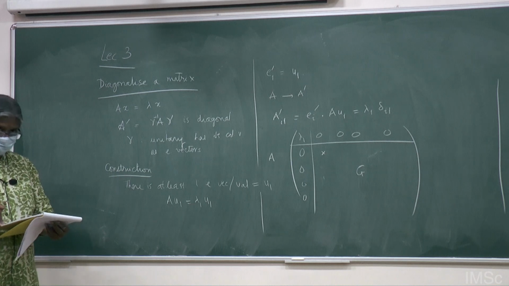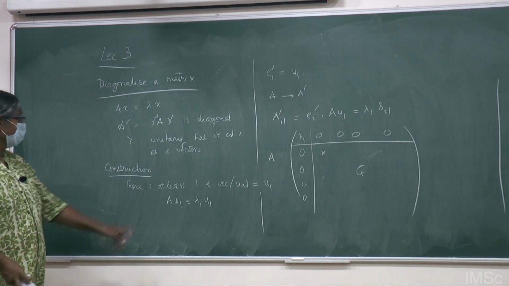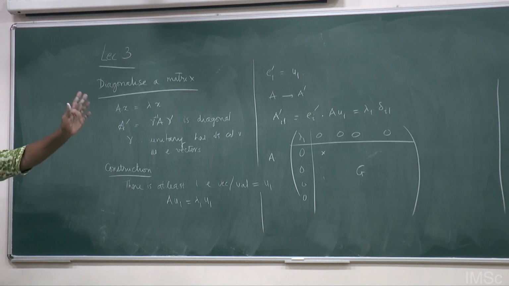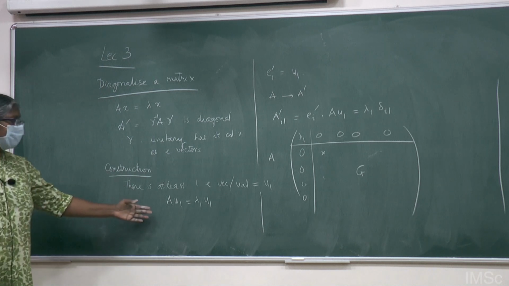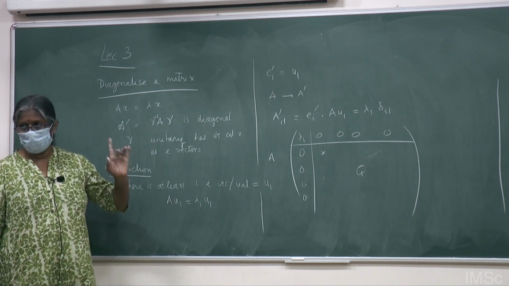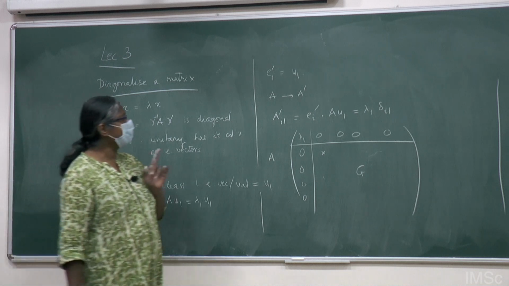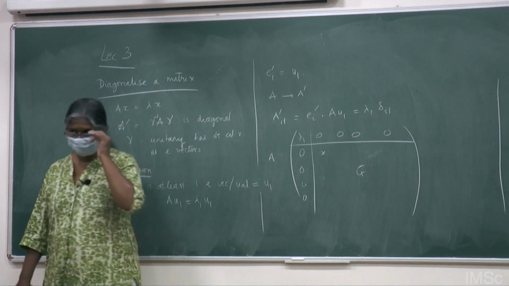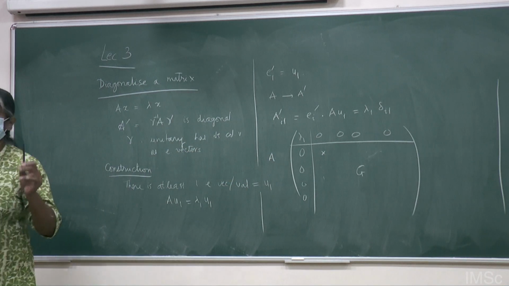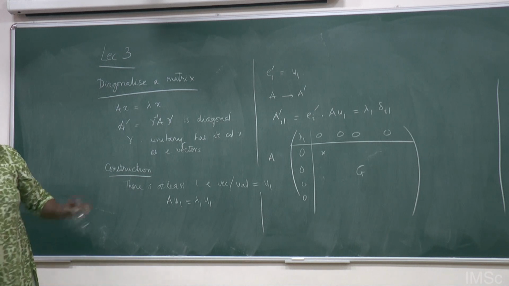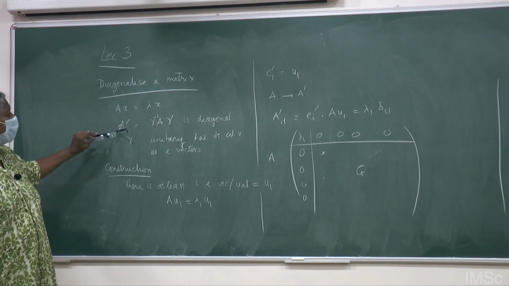How have we found lambda 1? I start out with saying that I know the eigenvalues. I have a secular equation. I have solved lambda 1 to lambda n. That is not a difficulty. But I don't know my eigenvectors. So I say that for one eigenvalue equation, I can find one eigenvector. I have to find that first eigenvector. There are two things required here. If I find the eigenvalues and the eigenvectors, then the columns of eigenvectors will form the gamma matrix, which will then be used to make A diagonal.